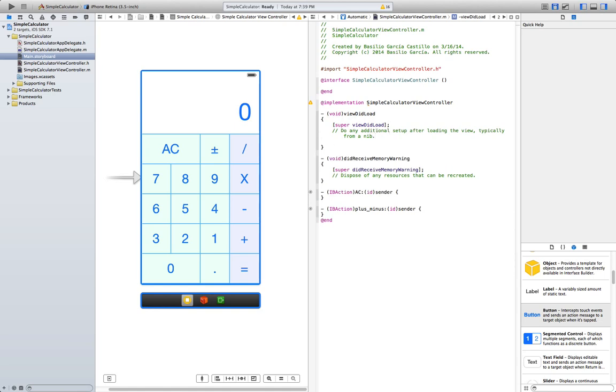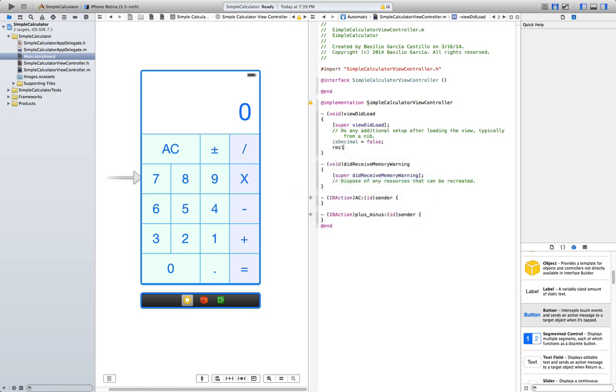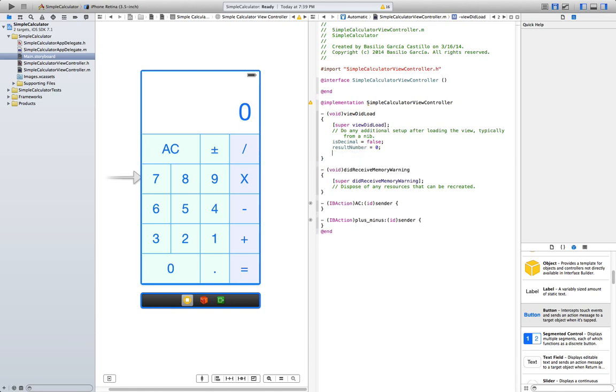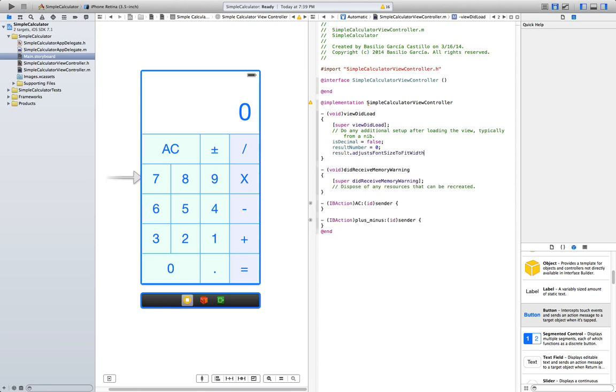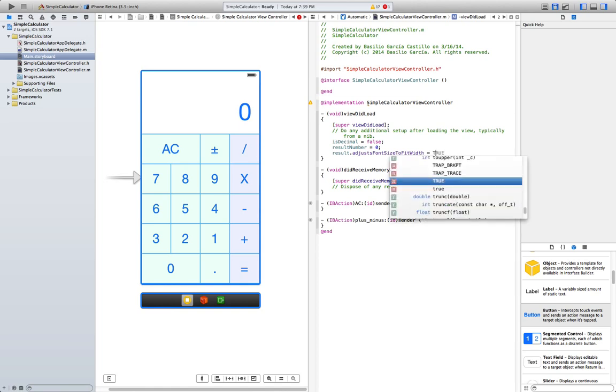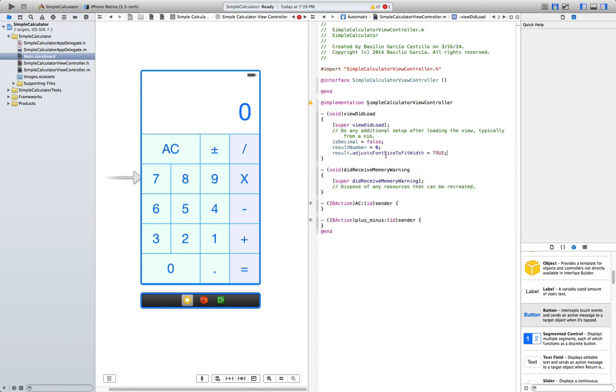So we are going to set is decimal to false, result number to 0, and result adjustsFontSizeToFitWidth equals true. What this is doing is that if our number here is bigger than the label, it will change the size of the text so it fits.